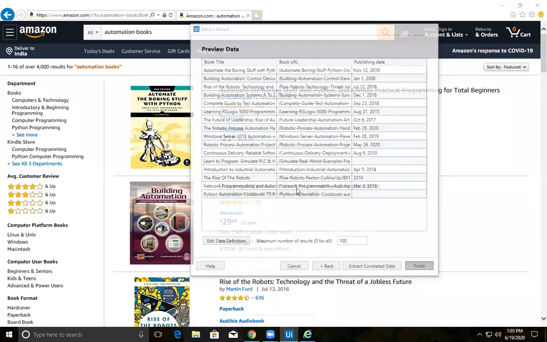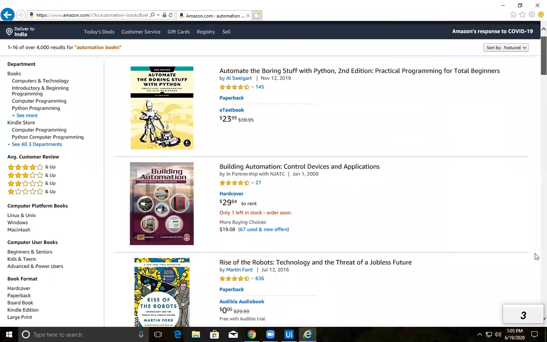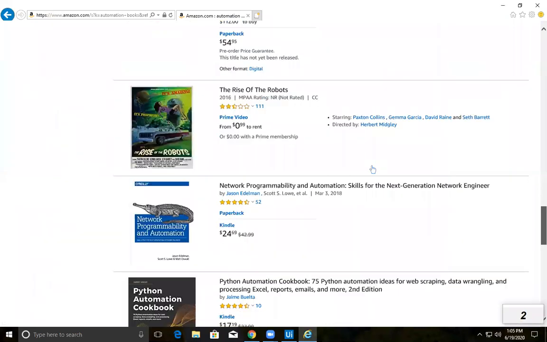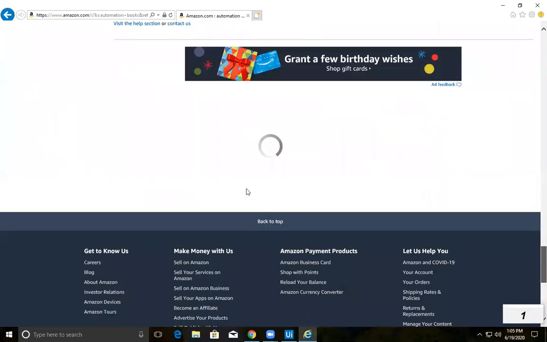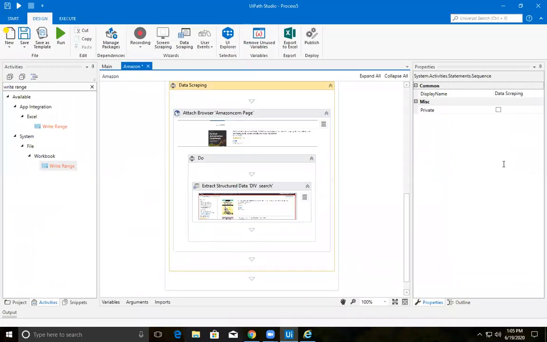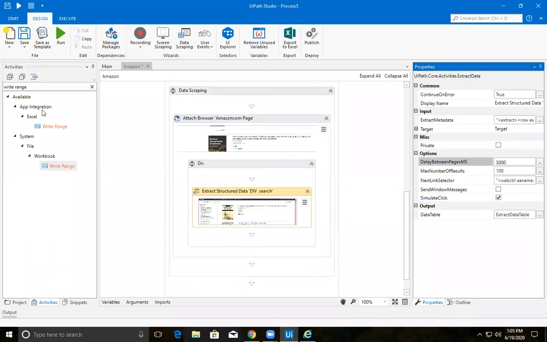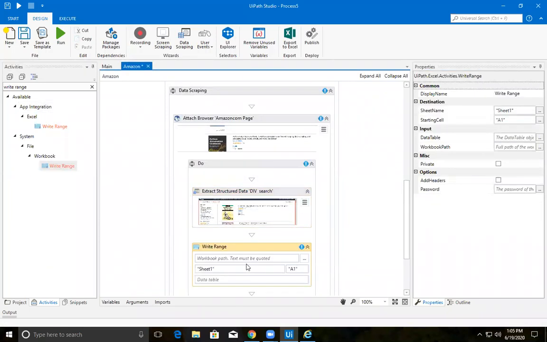Is the data spanning? Yes. So let me pause and go down. Let's click on next. Yes, let's keep 3000 again, otherwise it may not give you an accurate result. Next, write the range.